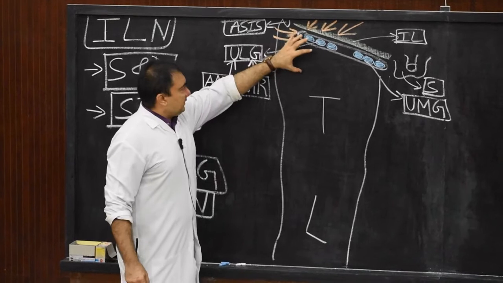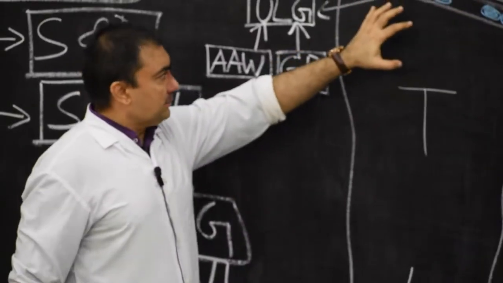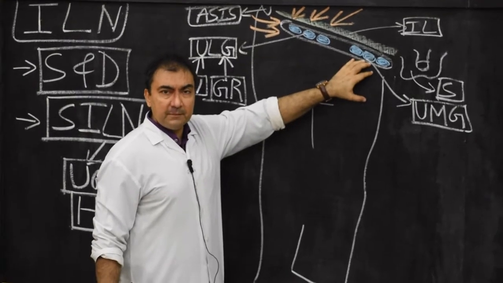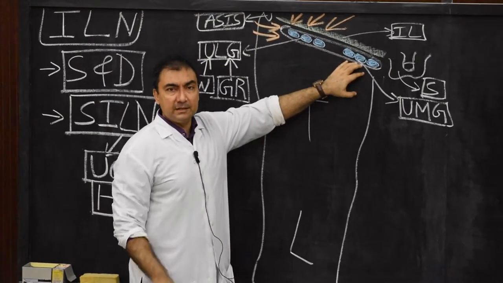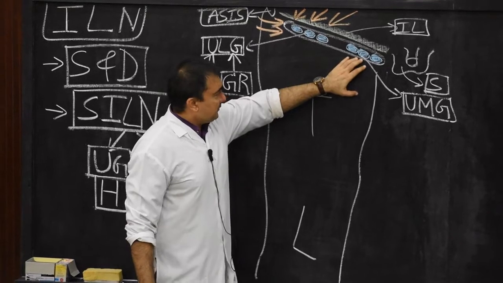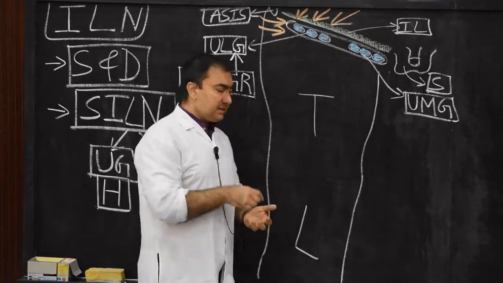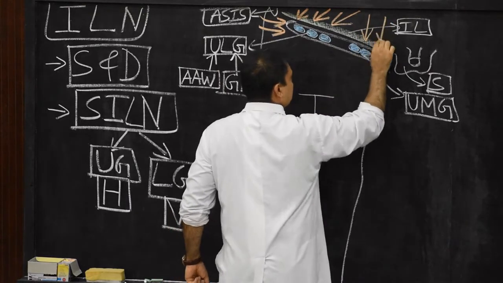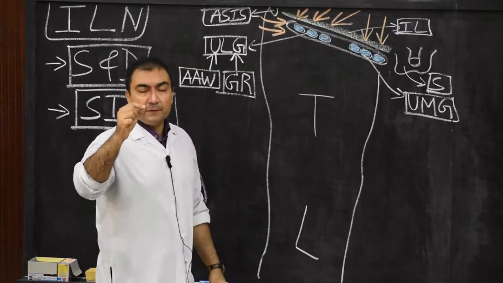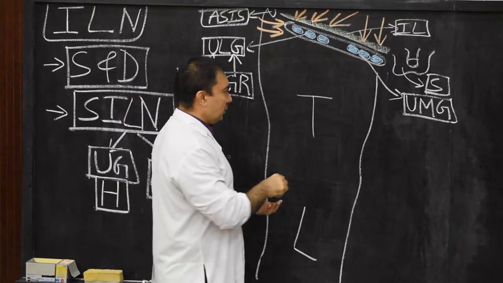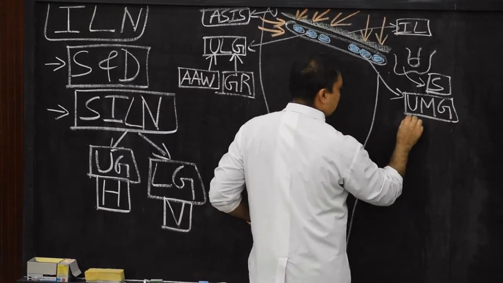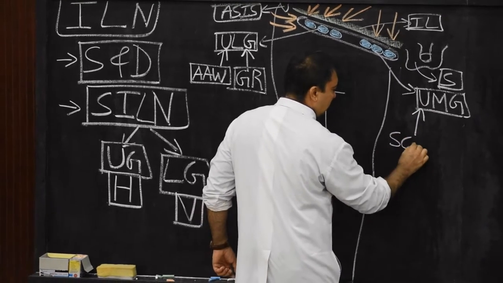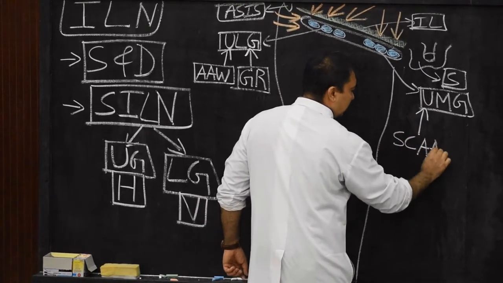This is where it will receive the area of drainage. Now we come to upper medial. Now this upper medial group, very important. The upper medial group of superficial inguinal lymph nodes here will receive the area of drainage from number 1. It will include subcutaneous tissue of the infraumbilical part of anterior abdominal wall. So therefore here I will mention one arrow as the subcutaneous tissue of anterior abdominal wall.